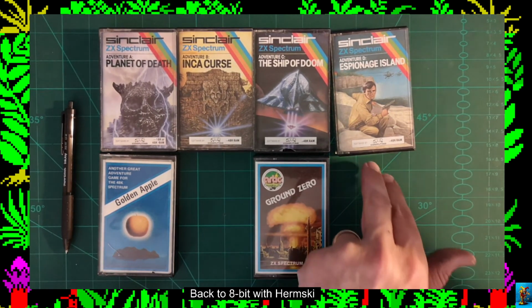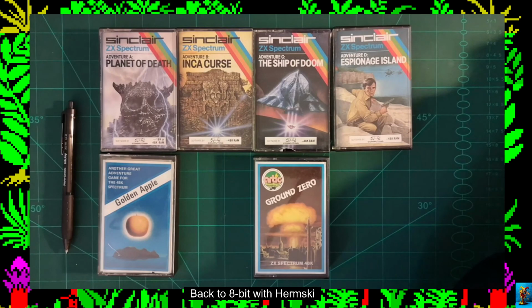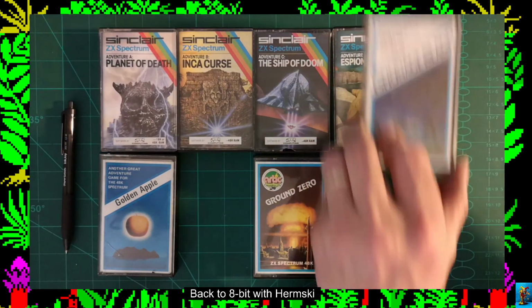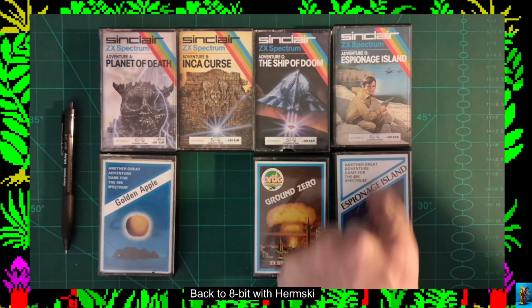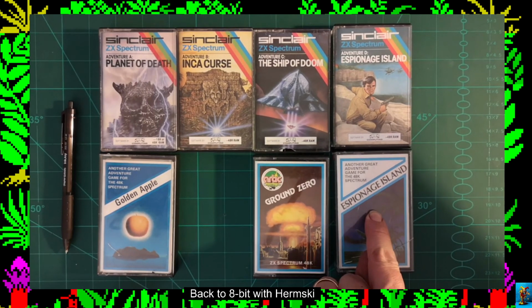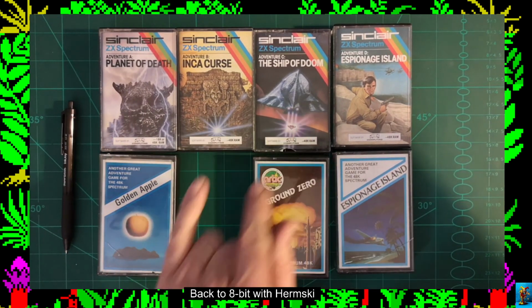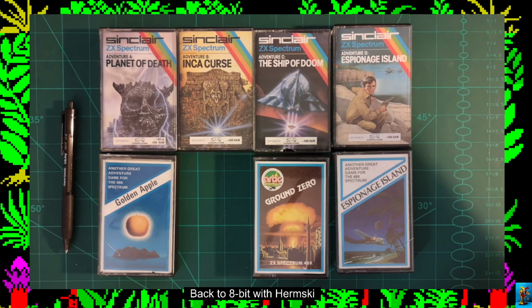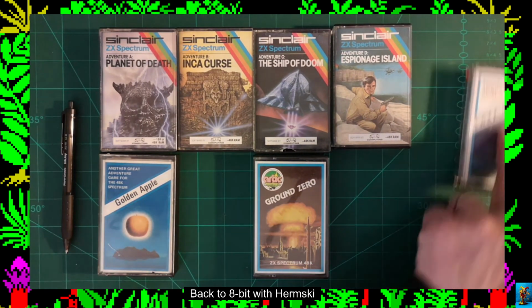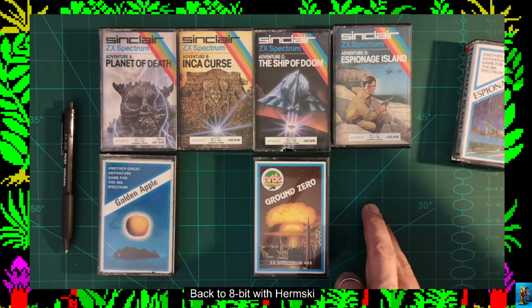Now, a lot of these games had two editions. For example, Espionage Island has two different formats of the inlay covers, and the same followed the other games as well. Okay, however, Adventure Game H, Robin Hood, that was difficult to find, and the reason is because, unless